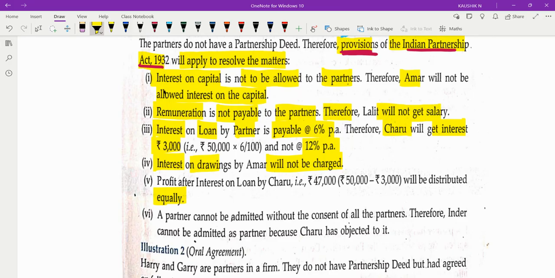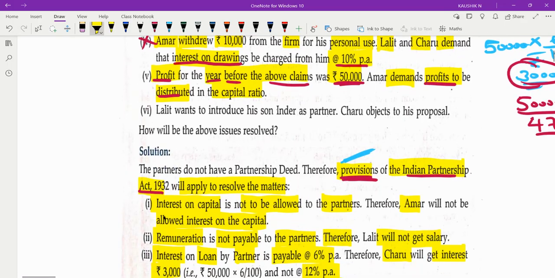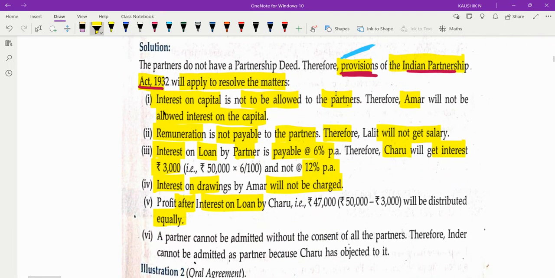So profit, let's have profit after the interest on loan. So as I said, மேல சொல்லியிருந்த அந்த 4 claims, interest on loan மட்டும் தான் நம்ம allow பண்றோம். So before என்கிறது வரை after காட்டும். So profit after interest on loan will be distributed equally. Any doubt in the first 5 categories?